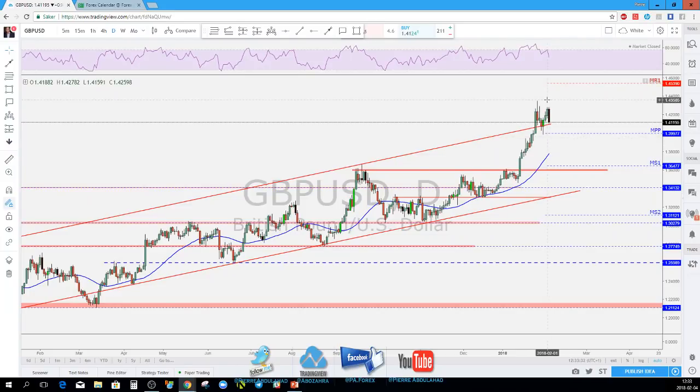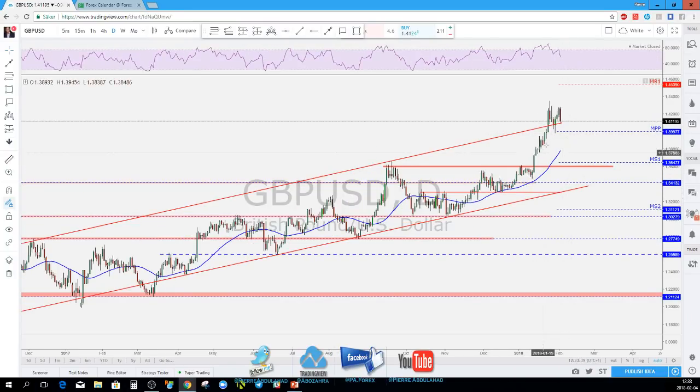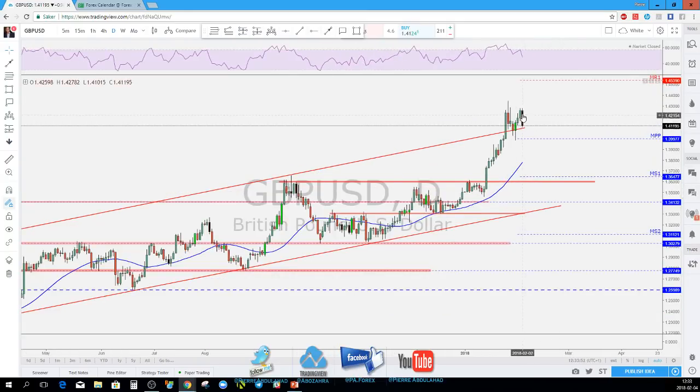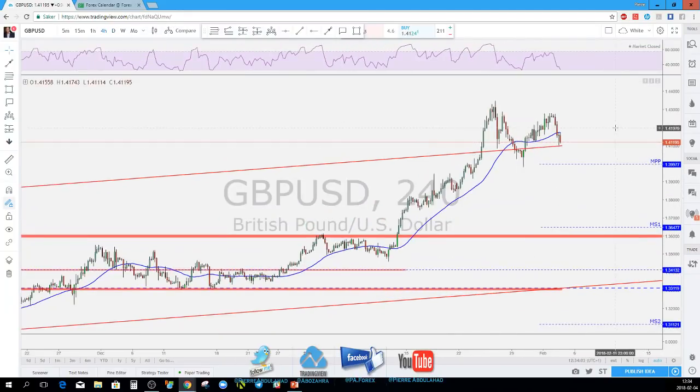Now we do have a possible double bottom, double top with some divergence on the RSI. The structure is not changed yet. We still have a bullish structure with our first lower low here, our first lower high, looking at this structure here. Last Friday was a very strong candle, bearish engulfing in an area where we do have a possible double top and a bearish divergence on the RSI that make us start looking for a possible continuation